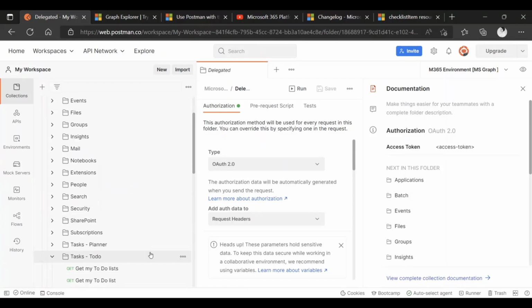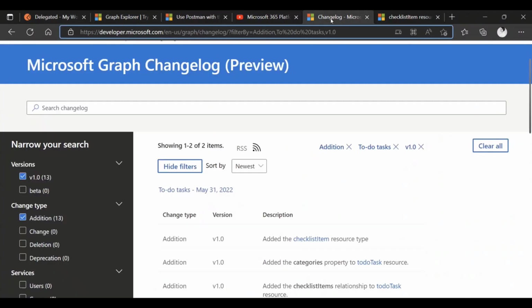Now, for the sake of this demo, I want to make sure I'm adding a new request that is not already available on the collection. So I went to aka.ms/graph/changelog, because we do have this, in case you don't know about it. We always use this chance to remind you of all the tools and cool features that we have and that you can use.